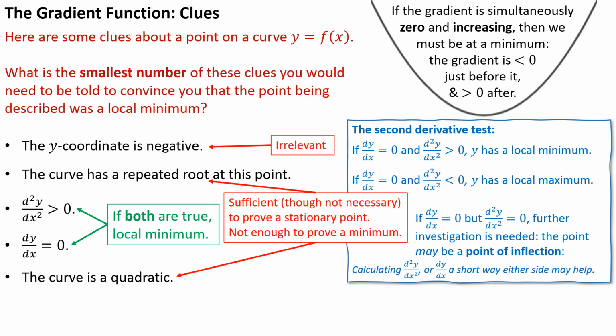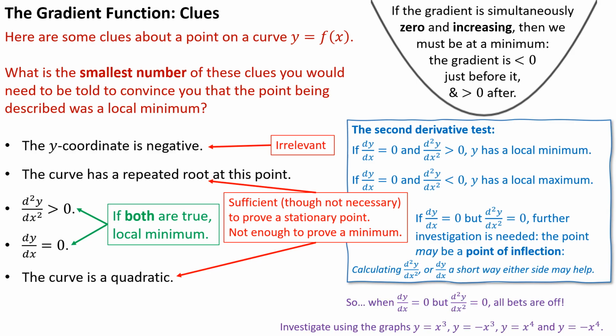You could look at the y coordinate on each side. Often it will be easier to substitute values into the second derivative or the first derivative. If you sub them into the first derivative, you'll get a readout for the actual gradient shortly before and shortly after. If you sub it into the second derivative, that will at least tell you whether or not the curvature is changing. But we'll talk more about that in second year